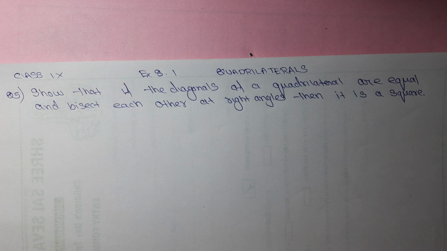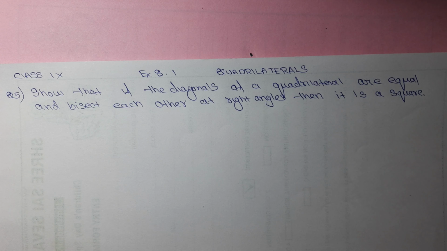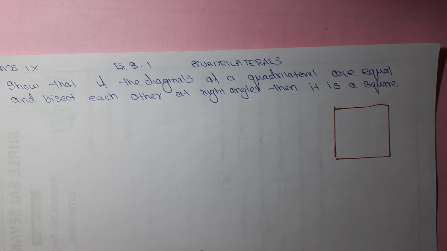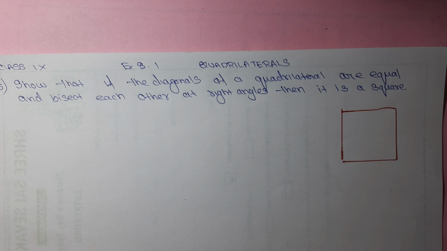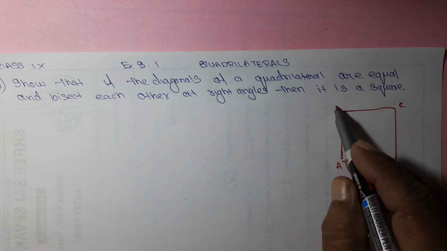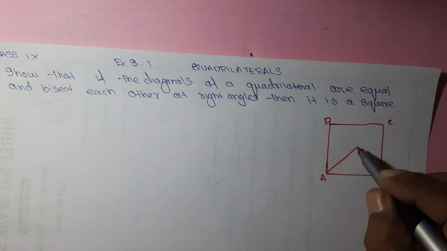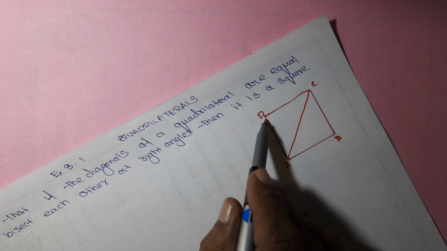Now first of all, we will draw the picture according to this. See, the picture also contains some marks. Whenever you do any sums from geometry, a picture is necessary because you are mentioning in the solution angle A, angle B, angle C. Where are the angles? You have to show in the picture. Now see, this is a picture. We'll just give A, B, C, D. Show that the diagonals... so we'll draw diagonals. This is one diagonal and this is another diagonal.